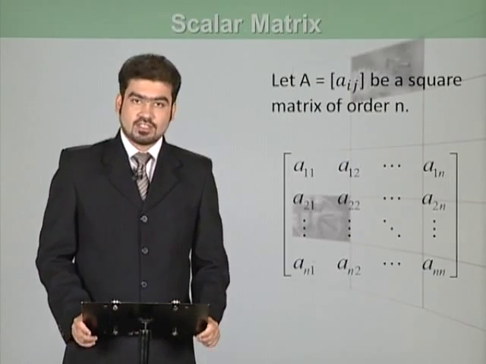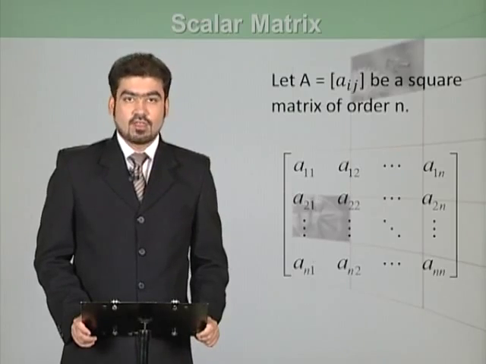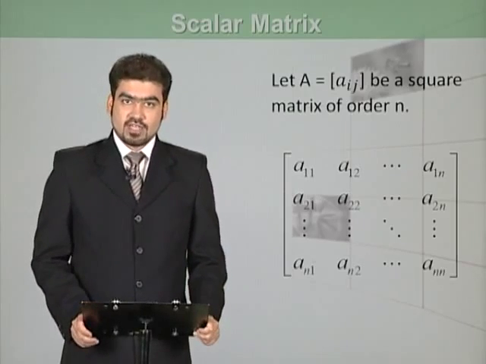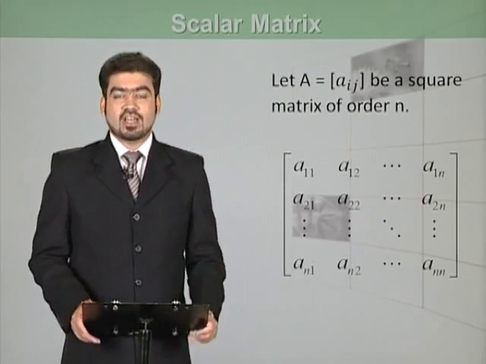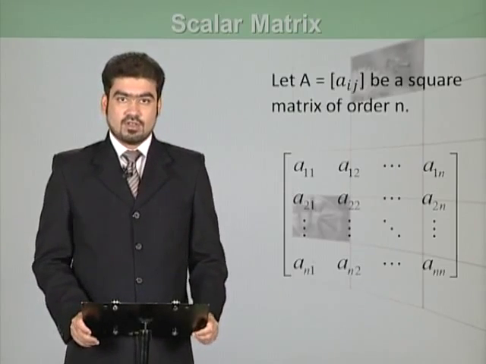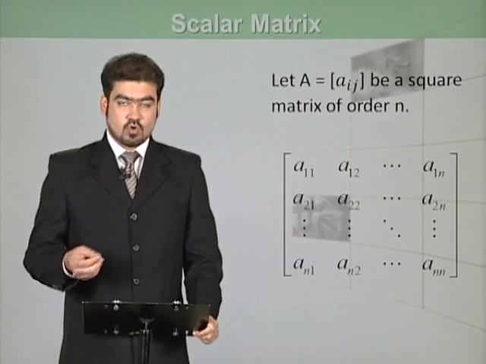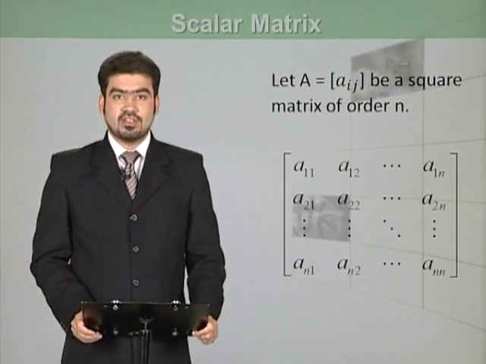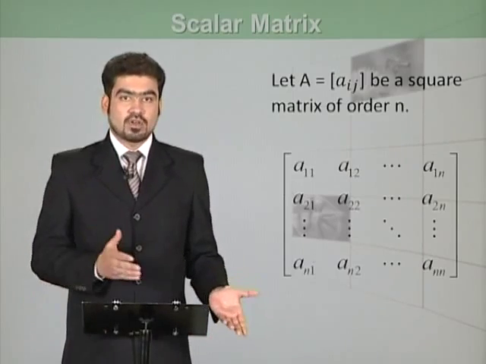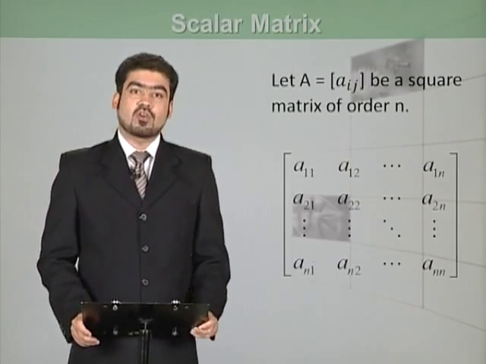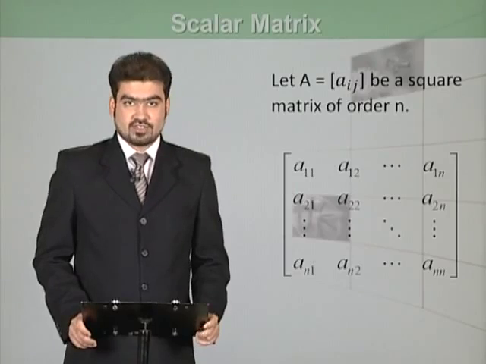Now what is a scalar matrix? We discussed the diagonal matrix. If all the diagonal elements of a square matrix are equal to a number or any scalar quantity, which we can take common out of it, that matrix will be called a scalar matrix. For example,